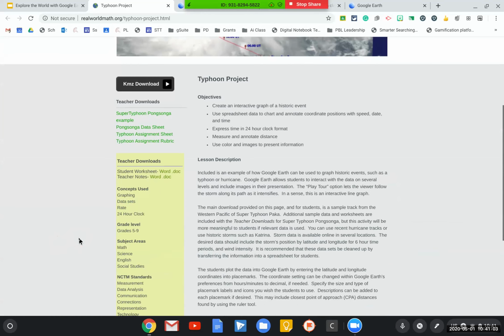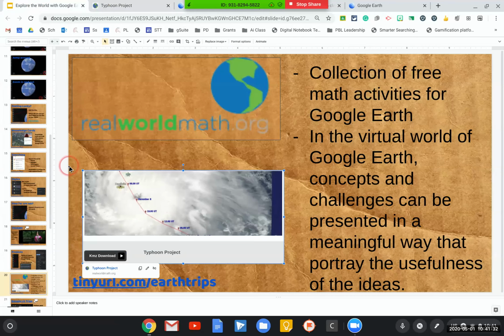As you look at this lesson, it has that KMZ download. As I mentioned before, and the reason I talked about it ahead of time, is that you have to download this KMZ file. If I wanted to use this Typhoon project, I would download the KMZ file and then maybe push it to my students using Google Earth, and then get it onto Google Earth to complete that project. So this is one example, more from a math and science standpoint. And then if we go to the next slide,